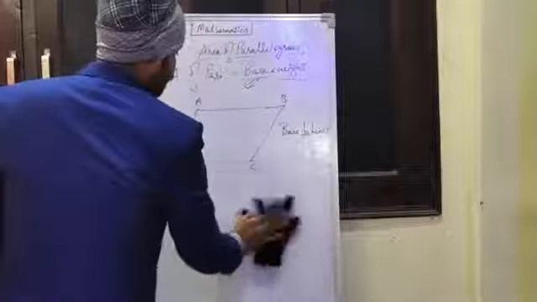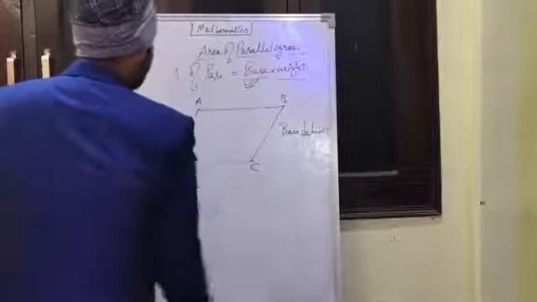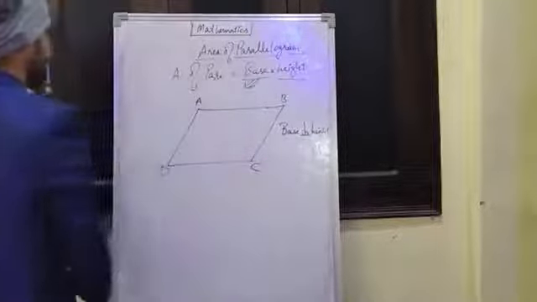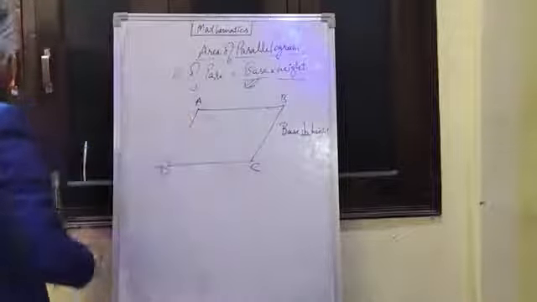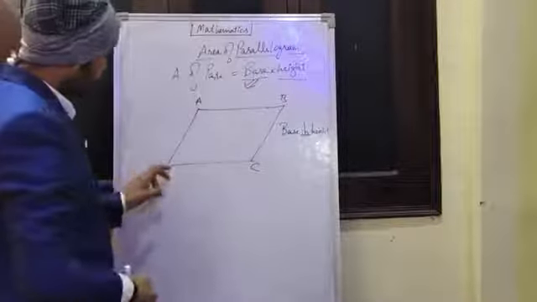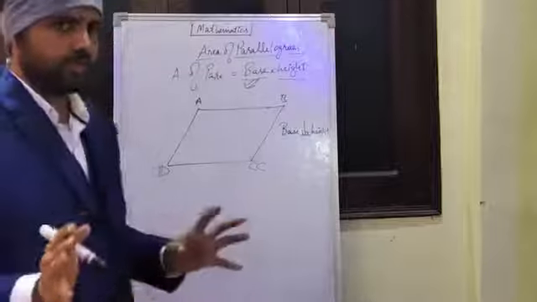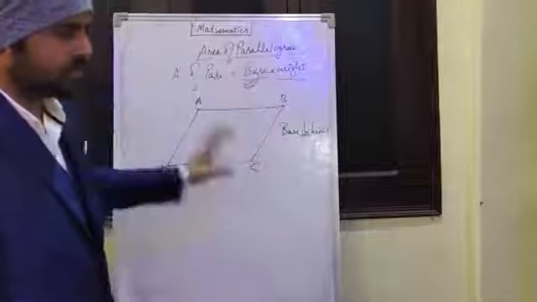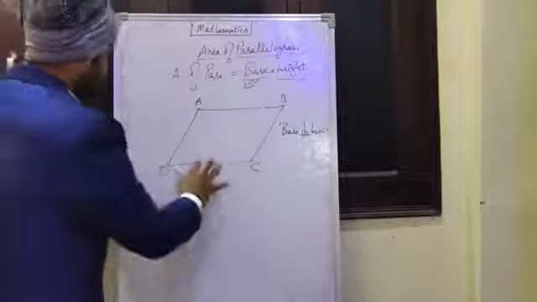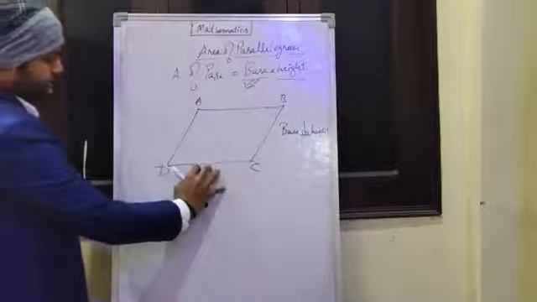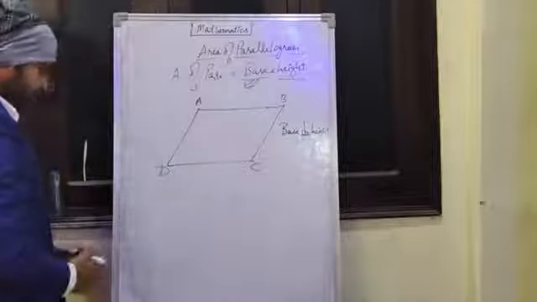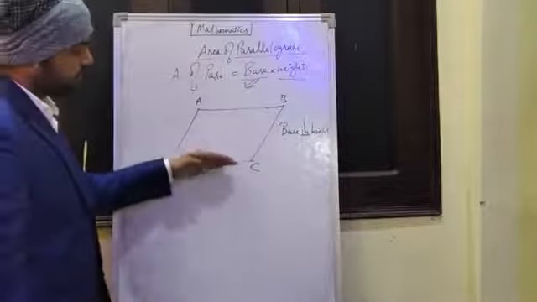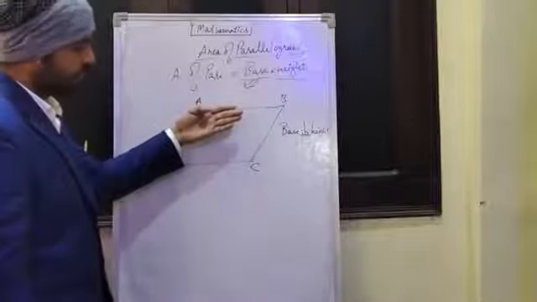I hope that you should know and always keep in mind the relationship between base and height when we are finding out the area of a parallelogram. Now see, if I take this CD as base, because you can take any side as base for a parallelogram. Any side of a parallelogram is a base. So for this, if I take this side as a base, here we are going to get height from the vertex which is on the opposite side.